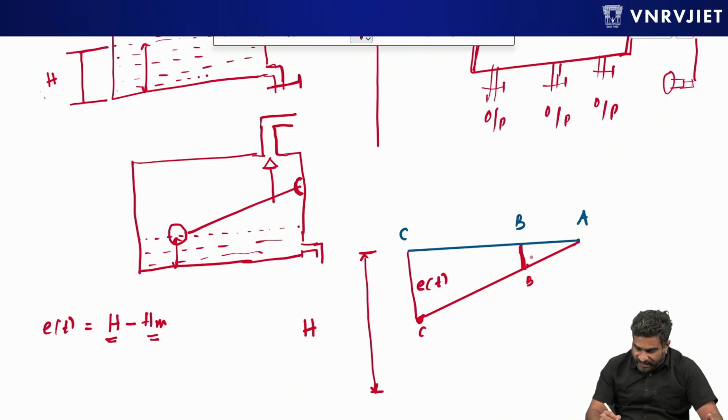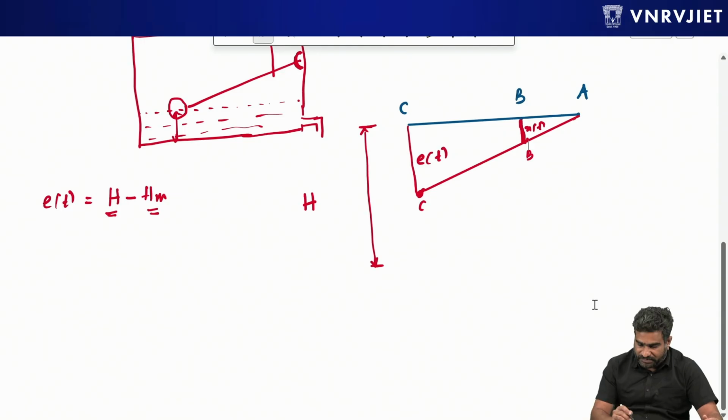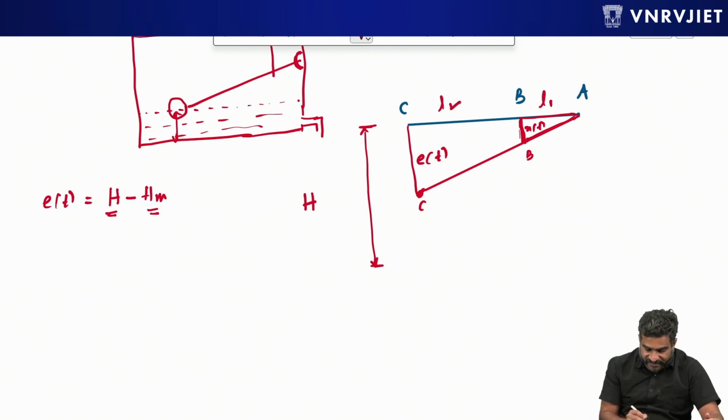If I really see these two triangles, they are two right-angled triangles. One is this triangle. So let me see, and these two lengths are known, L1 and L2. Right. So if I draw them separately, I have two triangles. One is this. This is the right angle, and the length. Probably this angle is common to both the right angle triangles. This length is common to both the triangles, and I can say,